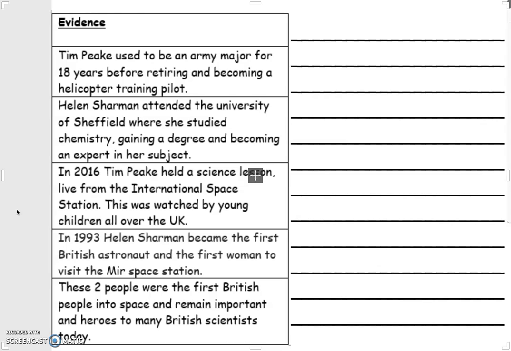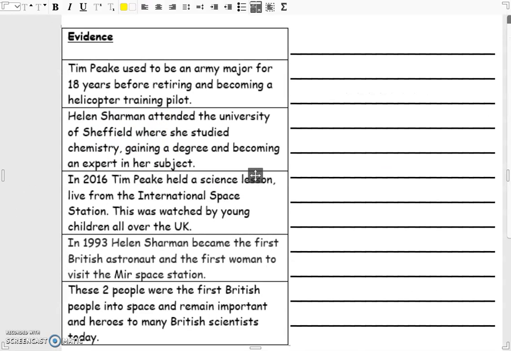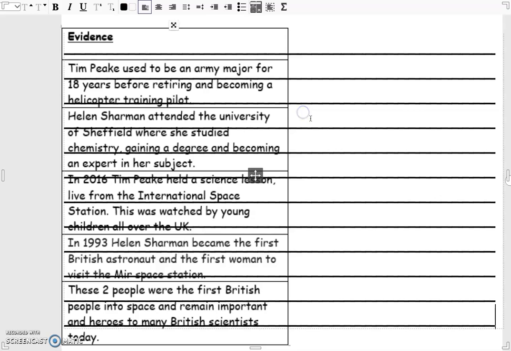Helen Sharman attended the University of Sheffield where she studied chemistry, gaining a degree and becoming an expert in her subject, which was chemistry obviously, which is a type of science which involves chemicals, hence why it's called that. So, next to that, if I was writing why,